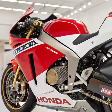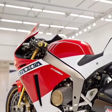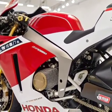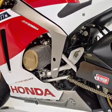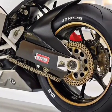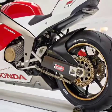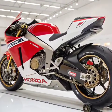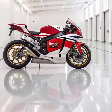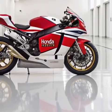One of the most striking aspects of the RC213V-S is its design. At first glance, the bike looks like it has rolled straight off a MotoGP track. The aggressive aerodynamics, sharp angles, and minimalist styling scream performance. What makes it even more breathtaking is its MotoGP livery, a dazzling combination of red, white, and black that pays tribute to Honda's racing heritage. The red symbolizes passion and speed, the white represents purity and innovation, while the black accents highlight its ferocity and